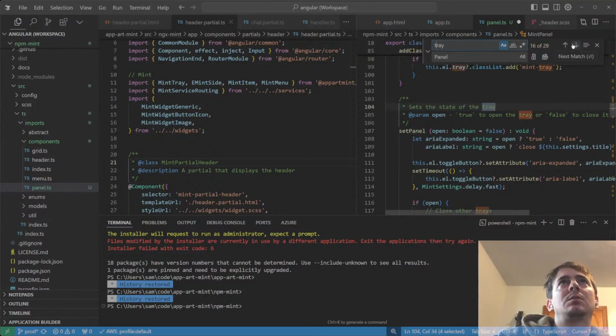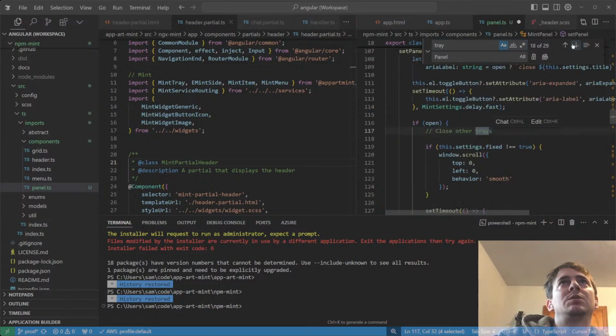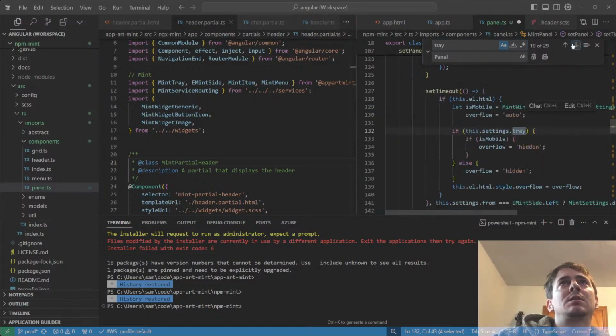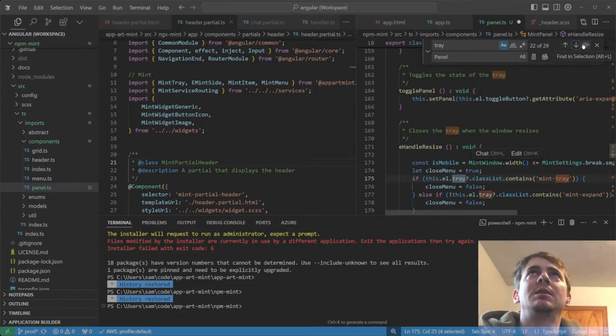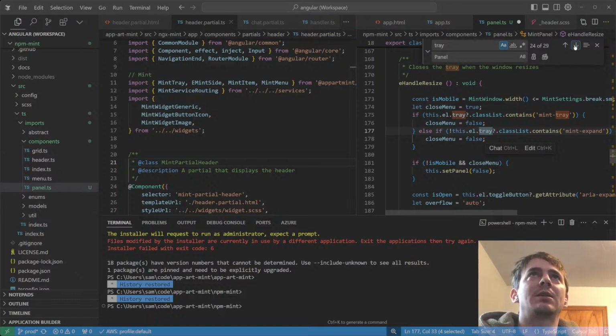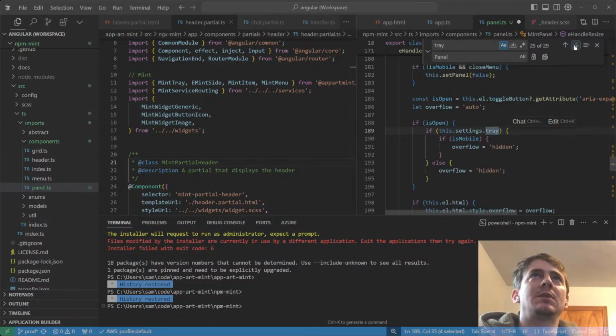I take a look at the lowercase. It says the state of the tray. Open the tray. Close other trays. This dot sending dot tray. Toggle the state of the tray. Closes tray. L dot tray contains mint tray. See, this is why I was checking, because this needs to stay tray. That's going to be tray. But the rest of them, like it's checking for the tray class to see if it's going to be a sidebar. The rest of them, though,